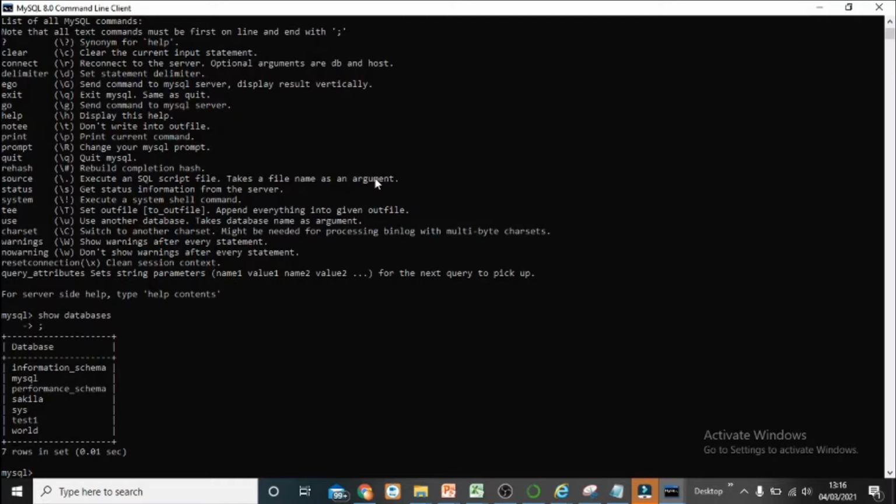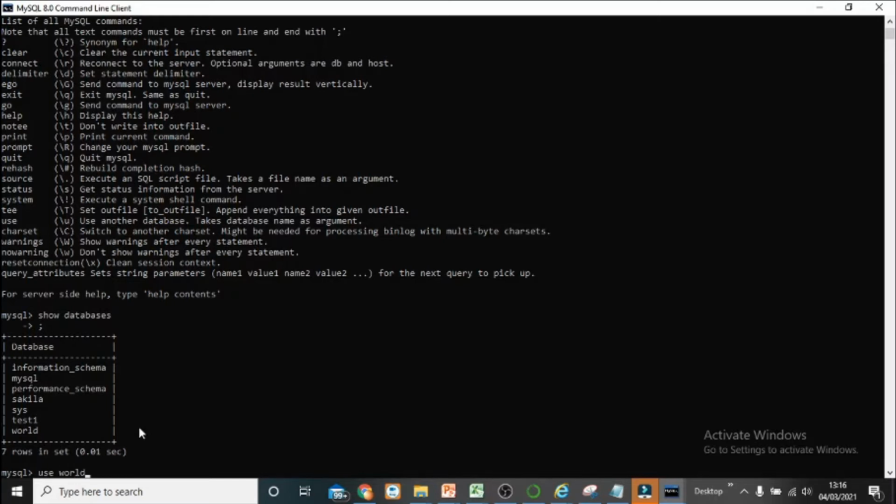If you want to check which tables are available in the database, then you can use the function show tables. But before that, you have to make one of the databases the default from which we can work. So let's say I'm going to use the world database. We are going to make world the default. That means whenever you run any function, it will automatically run under the database world.